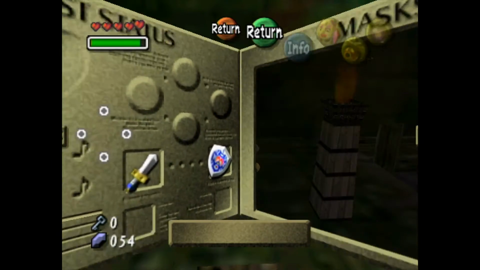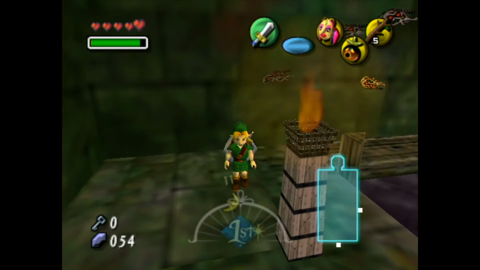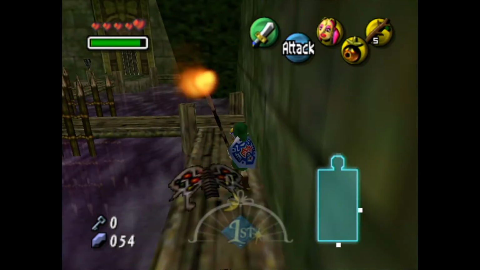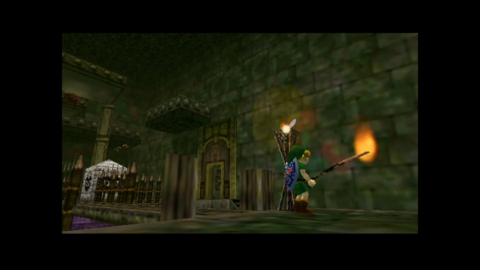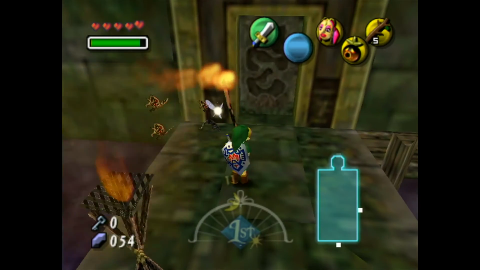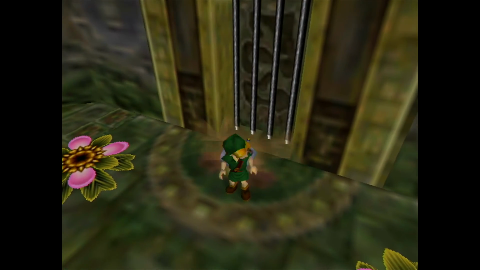We want to pull out a Deku stick, and we want to grab fire from this torch. We light this torch and that thing opens up. Also, we're going to put that away, and we go in here and